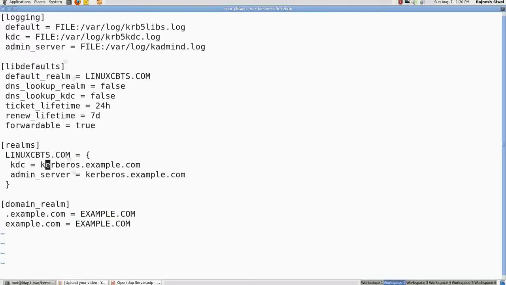So the KDC corresponding to it is ldap1.linuxcbts.com and the admin server is also the same one, ldap1.linuxcbts.com.